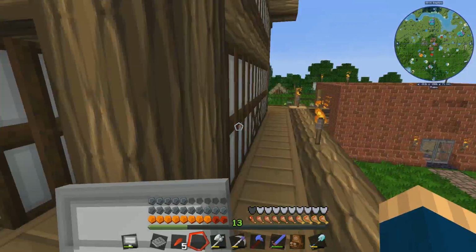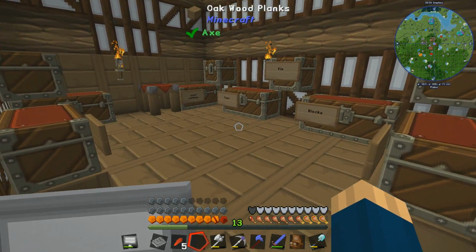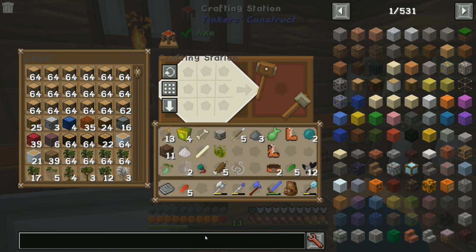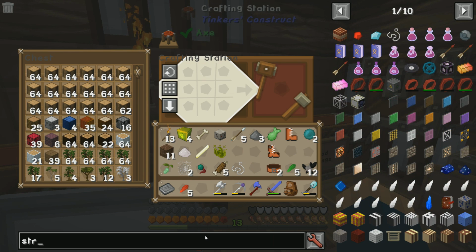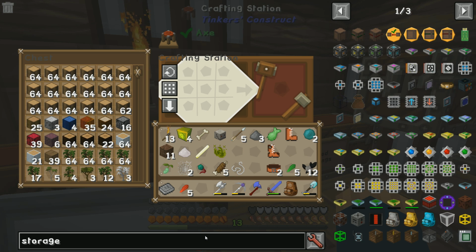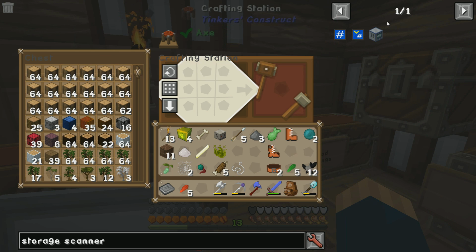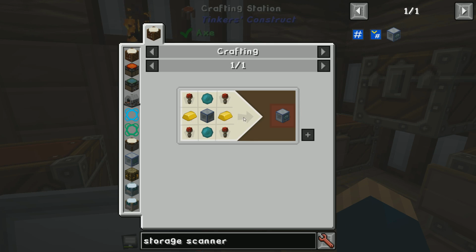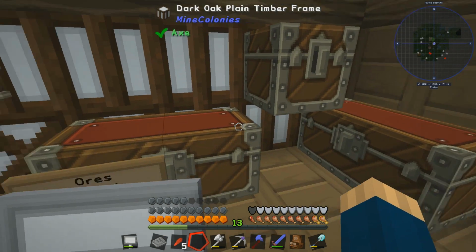Right, so I guess we get started on that storage scanner then, really. Let's have a look a second. So what do we need for the storage scanner? Cool. There we go. Okay, so we need 4 torches. What is this? This is 2 gold. 4 storage, 2 gold. Okay, so...